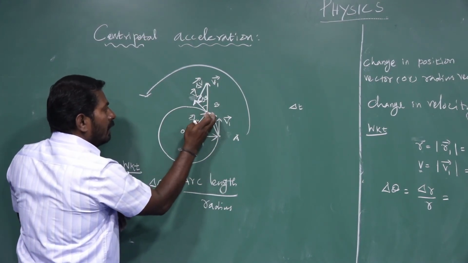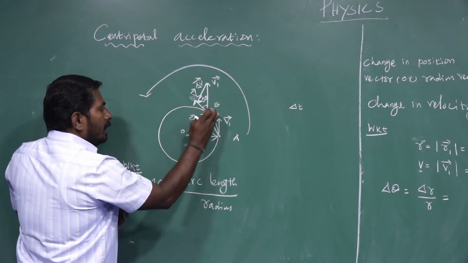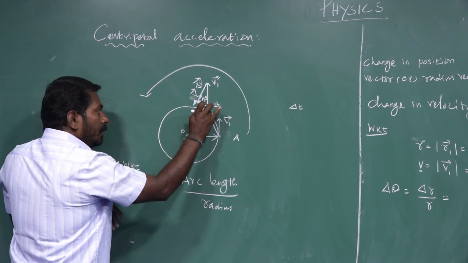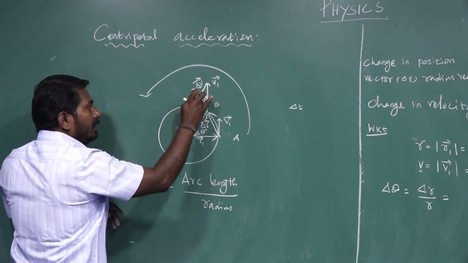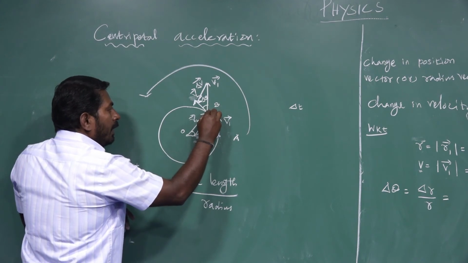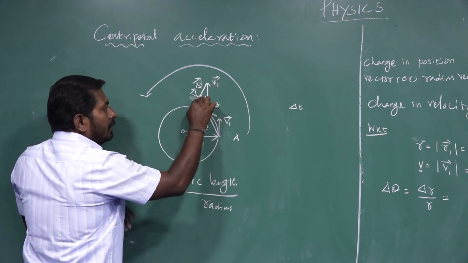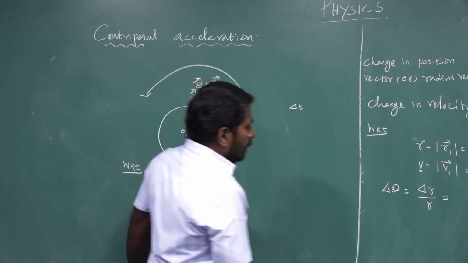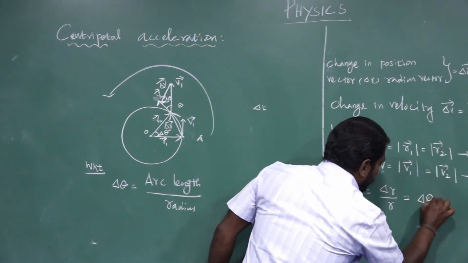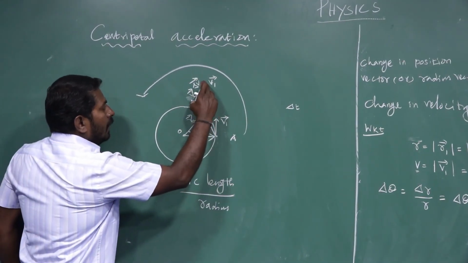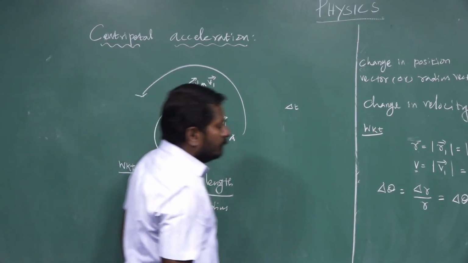That's why I draw the direction at the B point. At that B point, the new direction of velocity is v2. Now the change in velocity is del v. The angle subtended at this B point between v1 and v2, that is the change in velocity. So delta theta is equal to this arc length del v